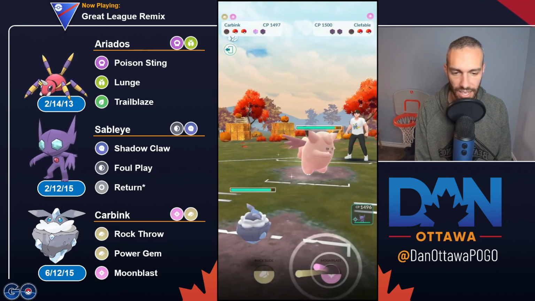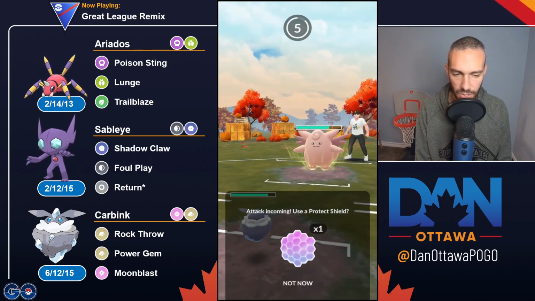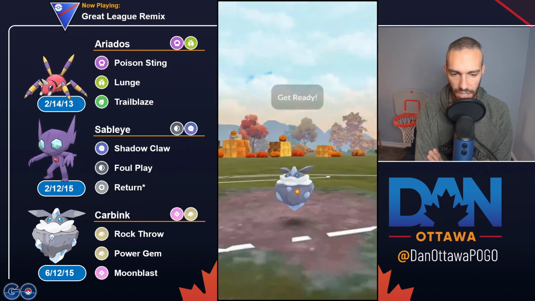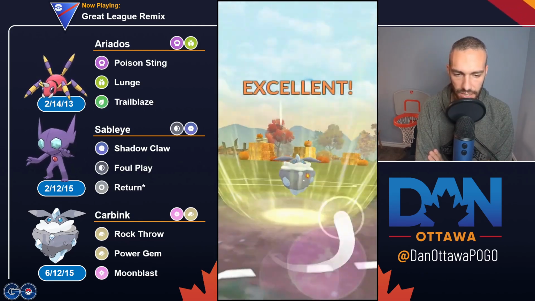So then I line with the Carbink. Only 2 of them have get out into a Clefable. So that is fine. I would rather see the Clefable on the Carbink than on my Sableye. So I am 100% staying in. Just going to throw the Moonblast. It is the better...